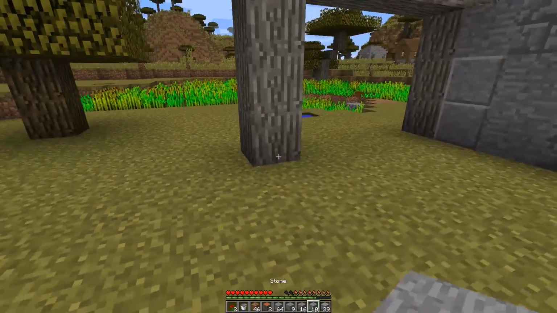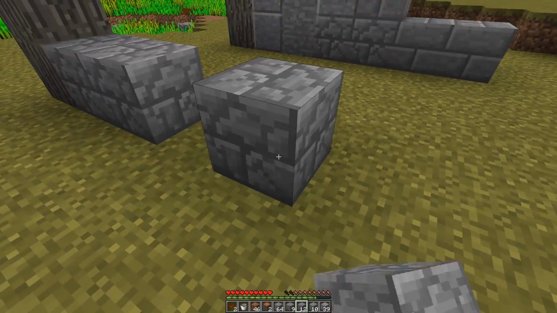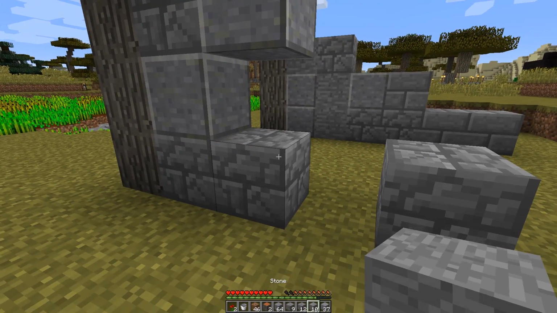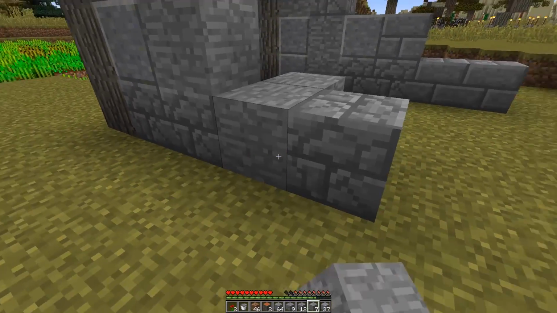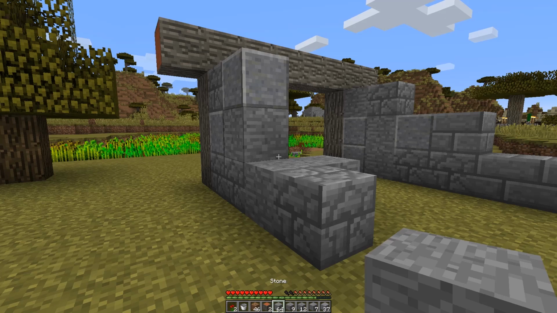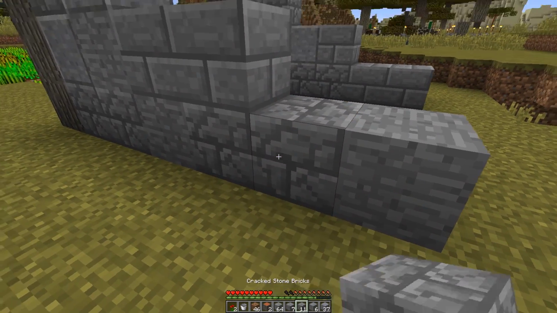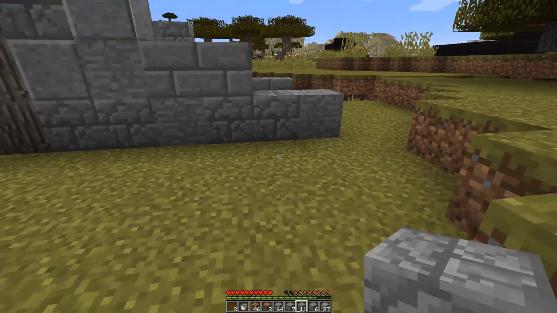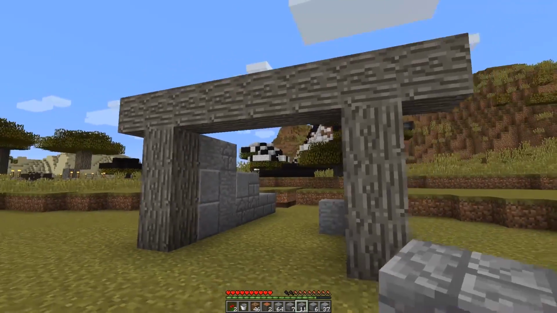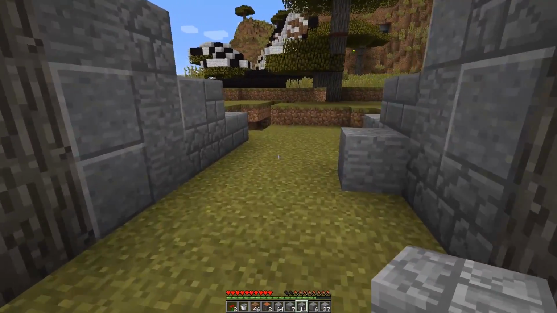So let's look at this side. Cracked brick there. Some polished andesite. A little bit of stone. That's fine. Regular stone bricks. Some stone and cracked. Yeah, it's not too bad. And then we can sprinkle some stone and stuff through here so it just kind of looks like it was built in. Well, there's no mountainside to go into, but...